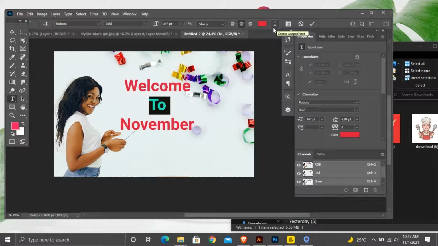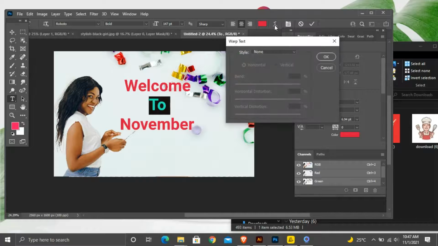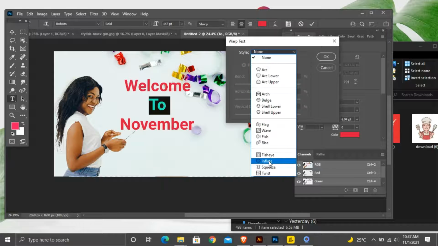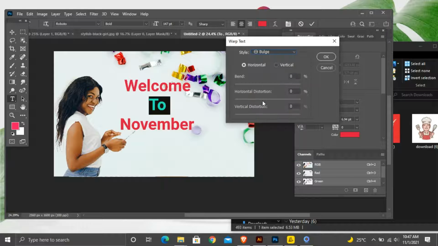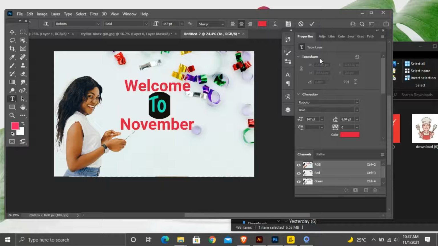The next thing I'll do is click on this icon here. You can see Create Text at the top of your Photoshop software. I'll just click this. Then the next thing I'll do is choose anything. In this tutorial we're going to be choosing Bulge. So you just click OK. It gives you some kind of funny looking